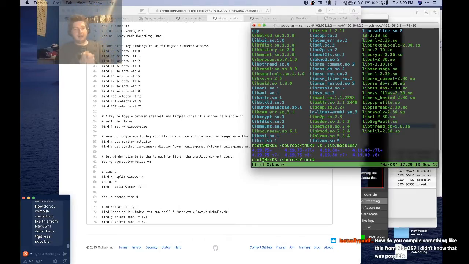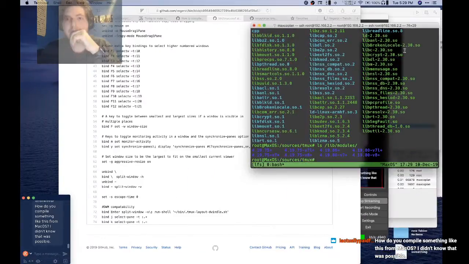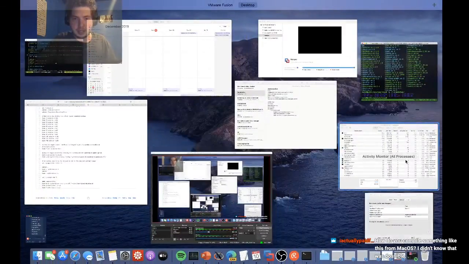Oh, yes. Okay. I'm super glad you asked that because I should clear that up. This is not on macOS. I'm not cross compiling or anything like that. At first, when I started this project, I did some cross compiling, but this is actually all on a Raspberry Pi.